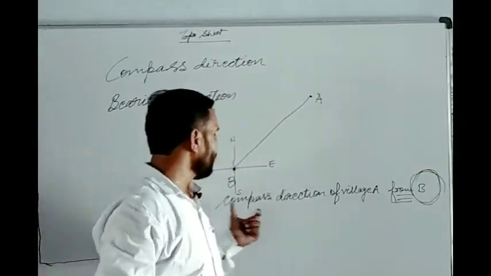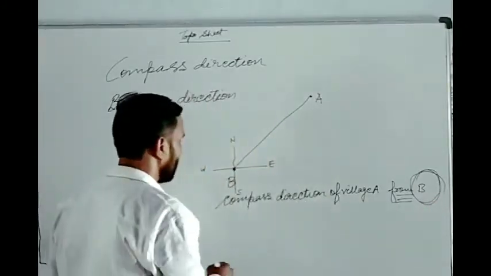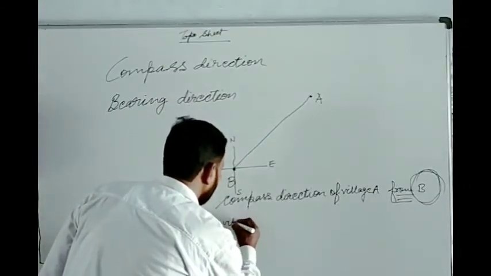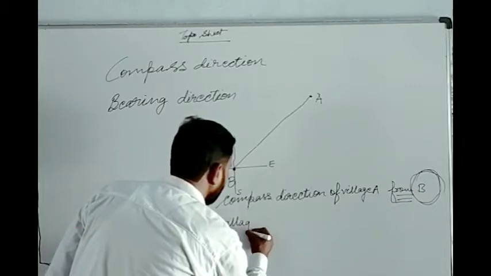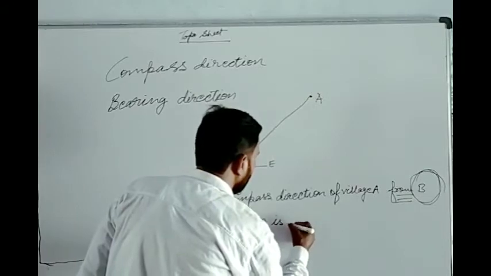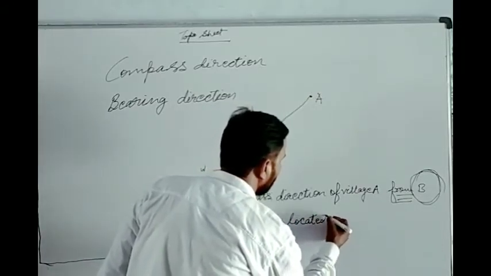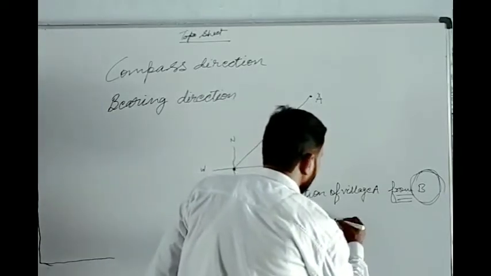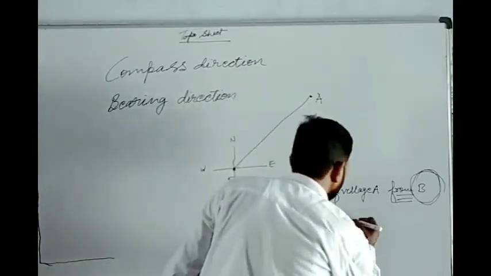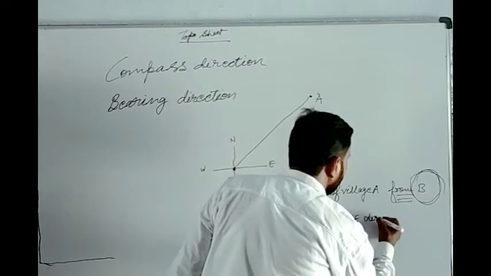So what will be the compass direction of village A from village B? Your answer will be village A is located in which direction? Northeast. In northeast direction